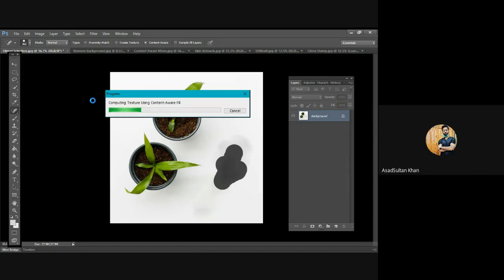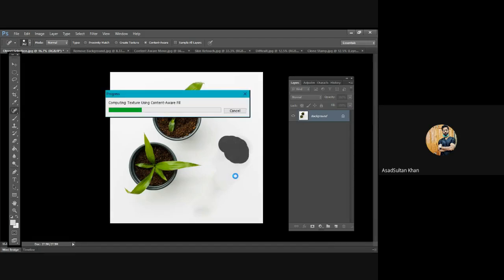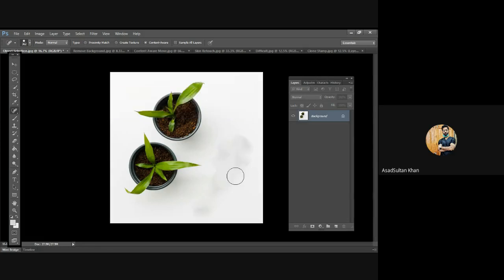What we're gonna do next? I'm gonna select the... necessary to use black. No, no, no. What I just did was this is the healing brush tool. I used this healing tool. It just shows like it's showing black. What it's doing is basically bringing the texture of the background and the things around it. Just as you can see, it's not black.